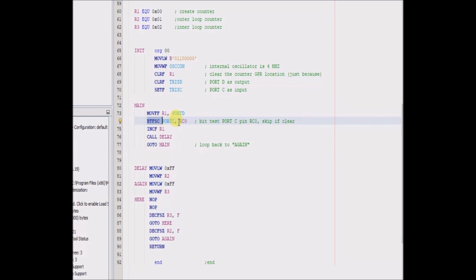But if RC0 senses a high, say for instance when I press a push button and make input pin RC0 go high, then it won't skip the next line, it'll increment the next line. Then it'll call the delay routine, which for argument's sake is roughly about a second. Goes through the delay routine, and then it returns like here, and then it goes to main again,